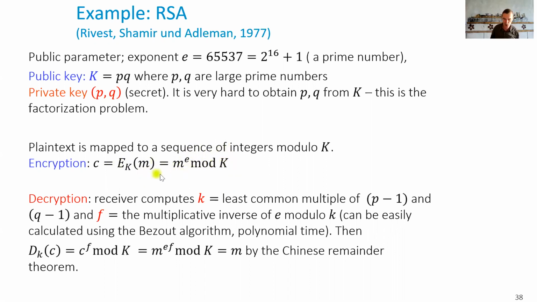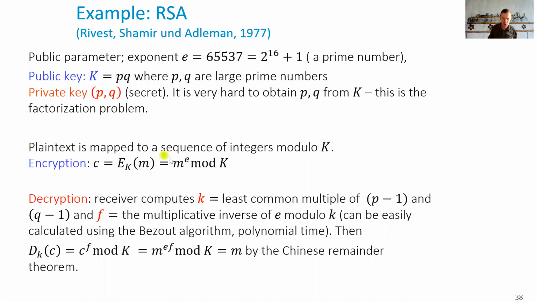If I give you m to the power e modulo K, and you don't know m, you know e, and you know K, the best thing you can do is to try all the possible m's and do the brute force. It's quasi the only solution that is known today. Except if you know the